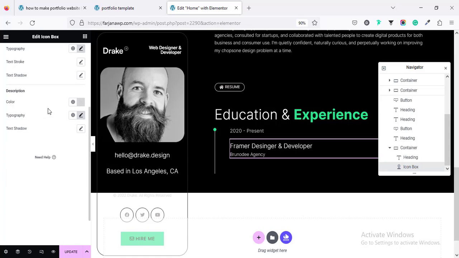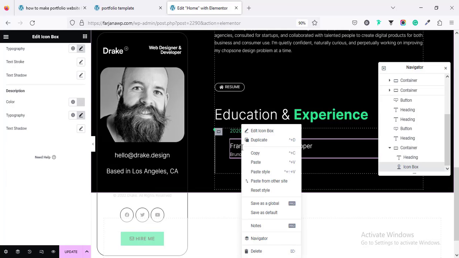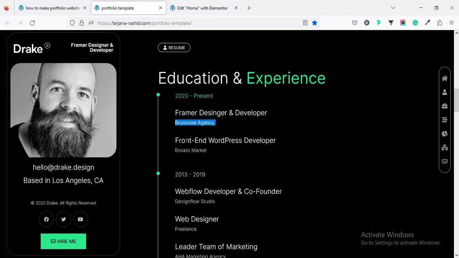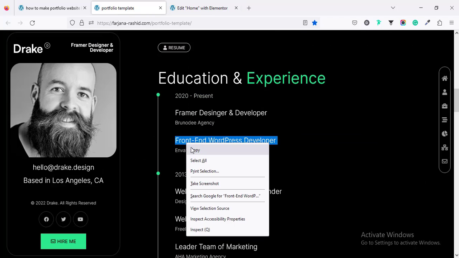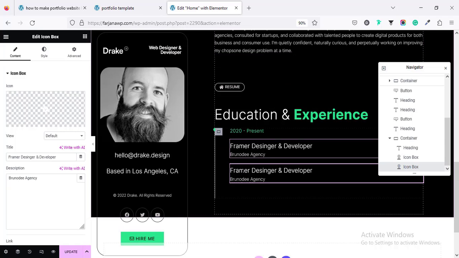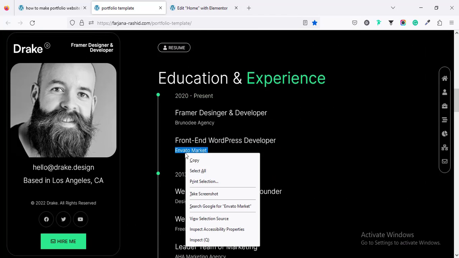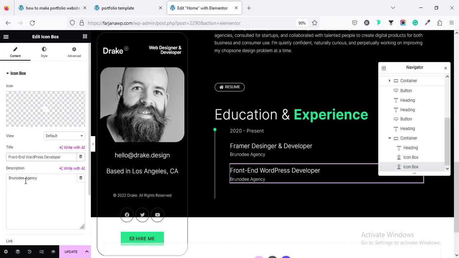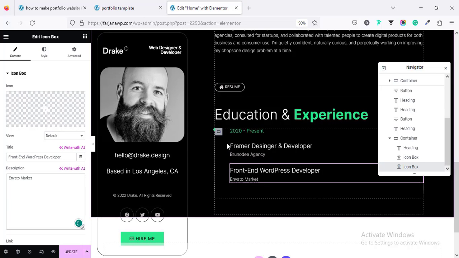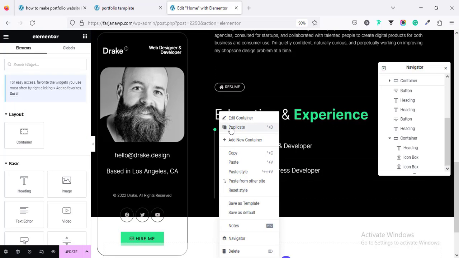Alright, this is okay, and then simply going to duplicate this and adding this text and the description. And now we can simply duplicate this whole container. Going to duplicate,